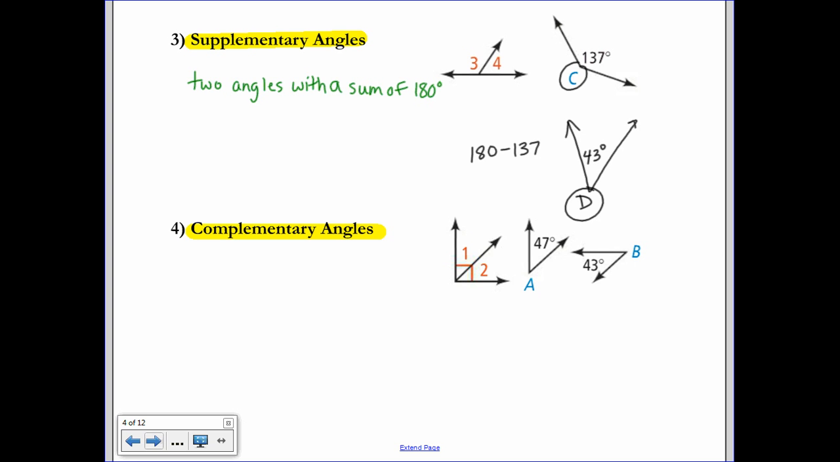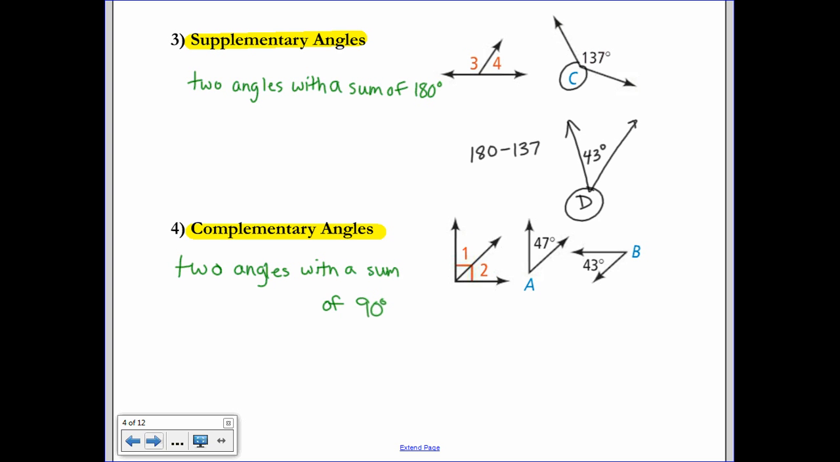Same thing with complementary angles. Complementary angles, in case you can't tell from the picture, are two angles with a sum of 90 degrees. So in the first picture, we have angle 1 and 2. They're adjacent to each other, and they form together this 90-degree angle. So this little box in the corner means 90 degrees. So angle 1 plus angle 2, whatever they are, equals 90. They might be a 50-degree angle and a 40-degree angle, or maybe they're both 45 degrees, but together